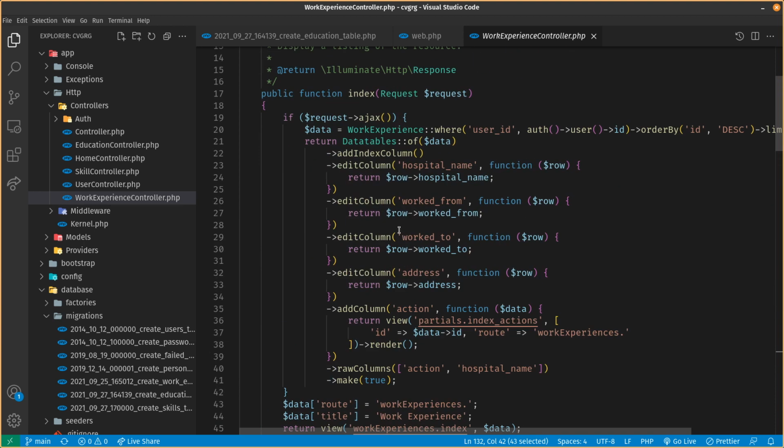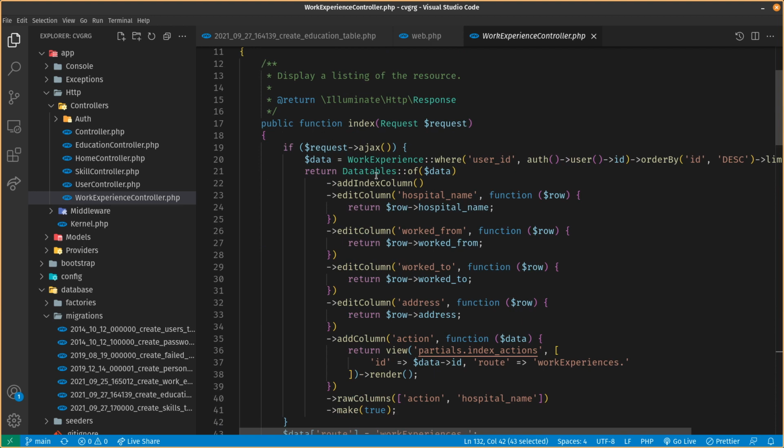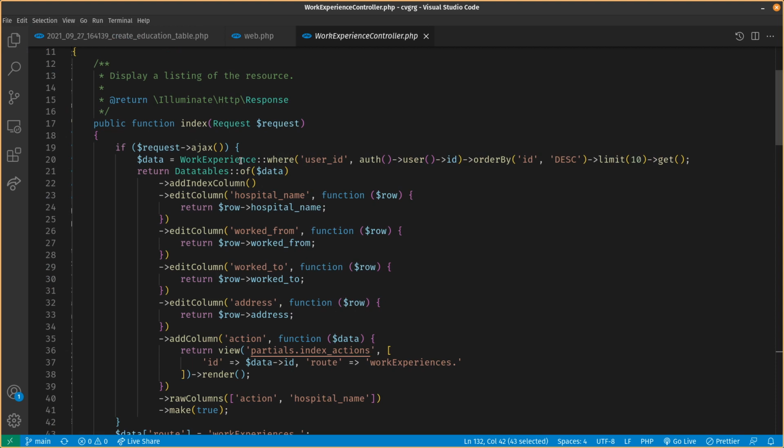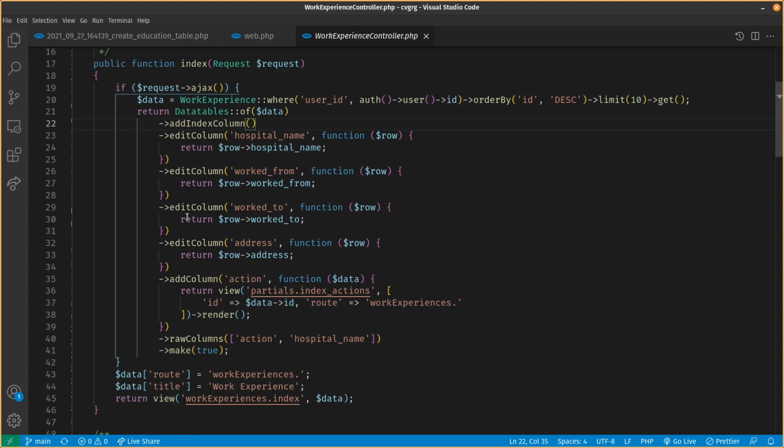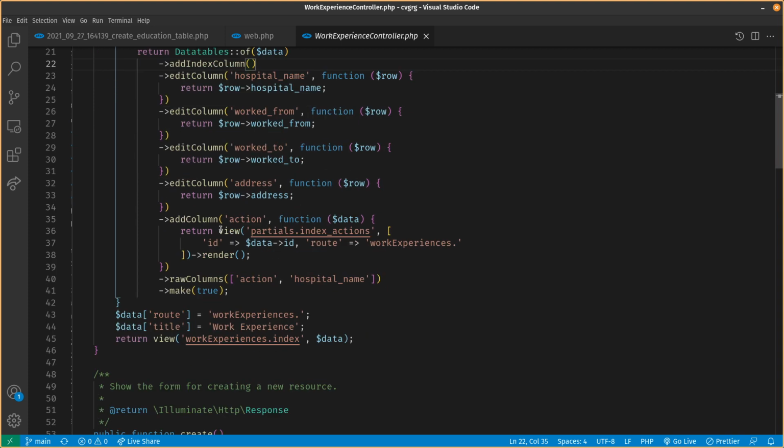Okay, so let's look ahead to the index. Yeah, all data table related stuff. We are fetching work experience with this ID, ordered by descending. Okay, so we could have defined the relationship on the user model and just accessed the work experience. All right,